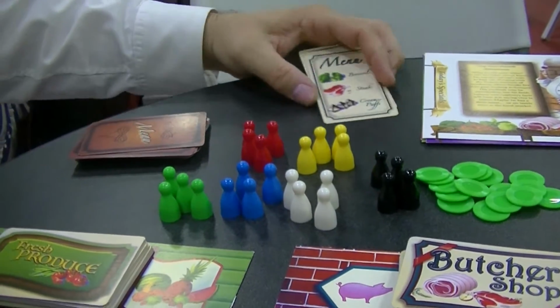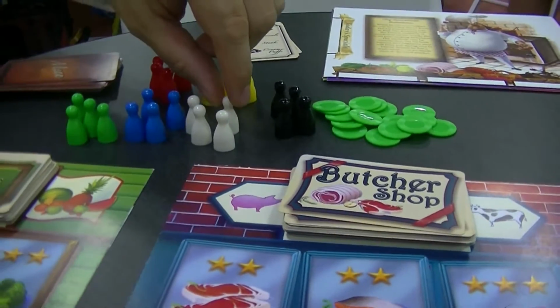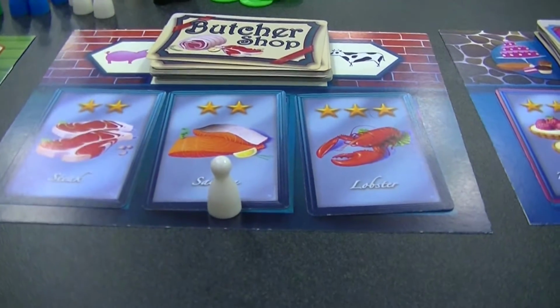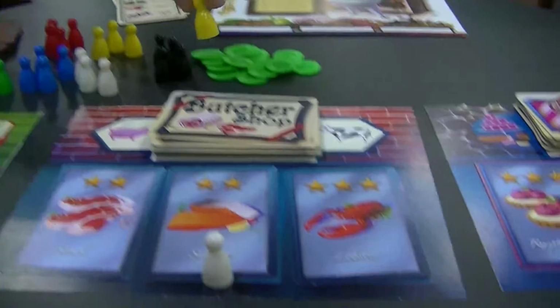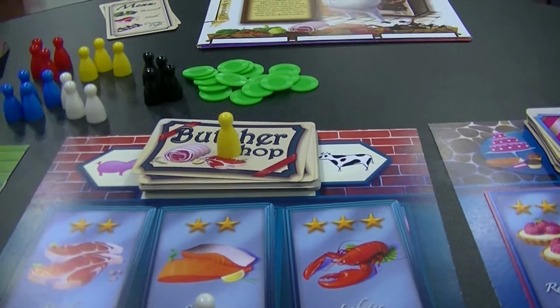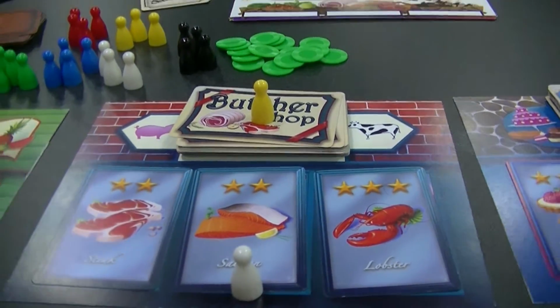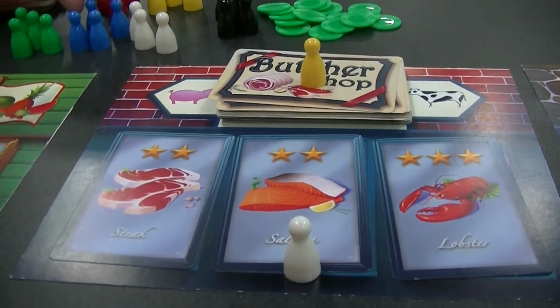The flow of the game is, on my turn, I take one of my tokens and I place it either on a shop, which means I'm in line for that, or I place it on top of the shop to say I am owning this shop for the round, and any coins spent there are going to be coming into my pocket. So let's say white has started lining up here, yellow owns the shop,